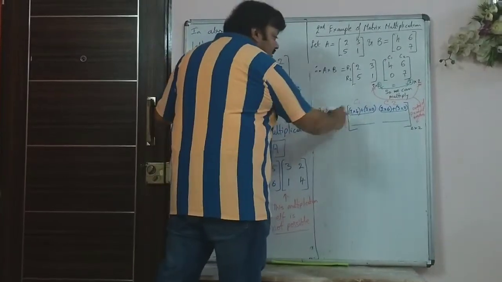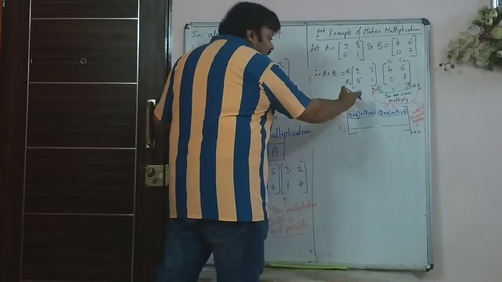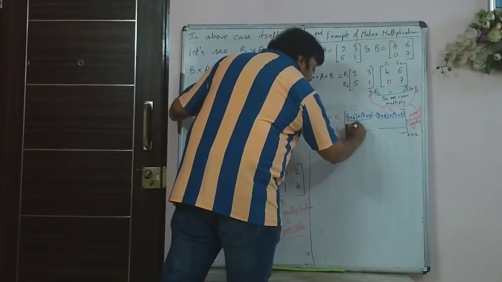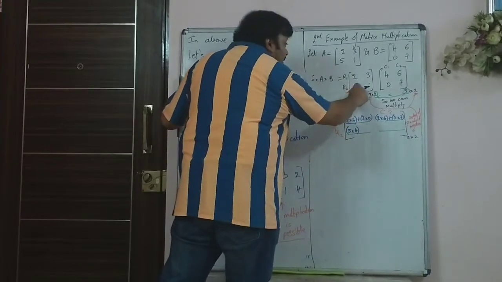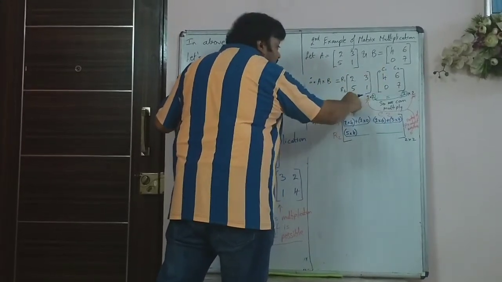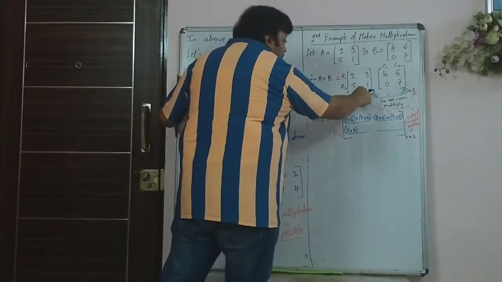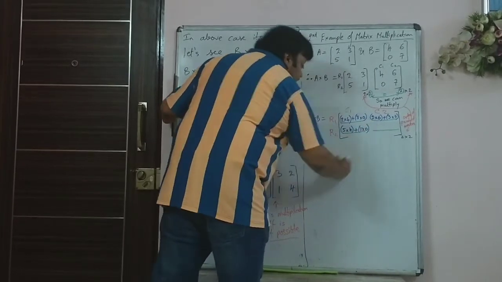You can write this in the board exam, you may not. By then you will be very proficient with this, so you will probably not write it, but now you write it. So it is R2 C1, first with first, 5 into 4, plus second into second, plus 1 into 0.